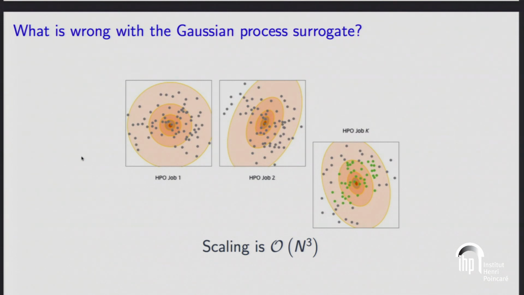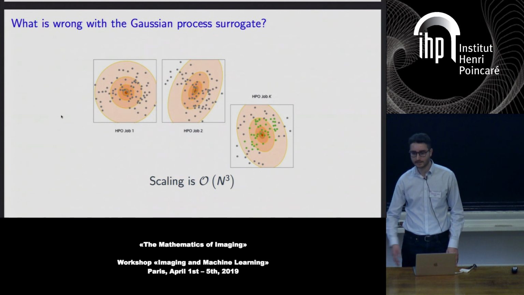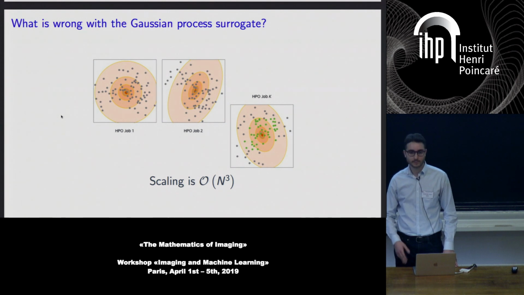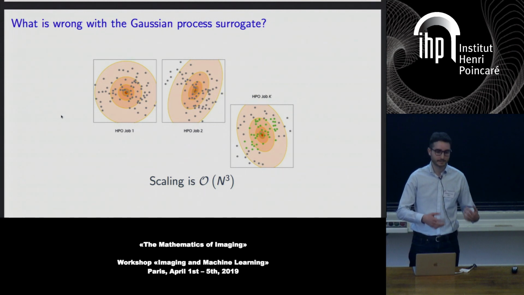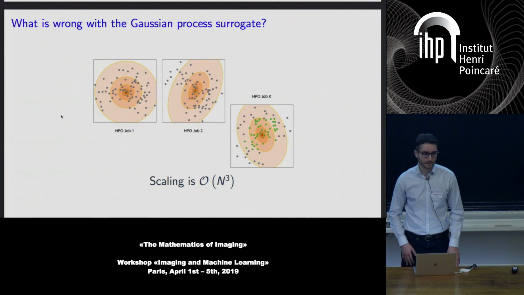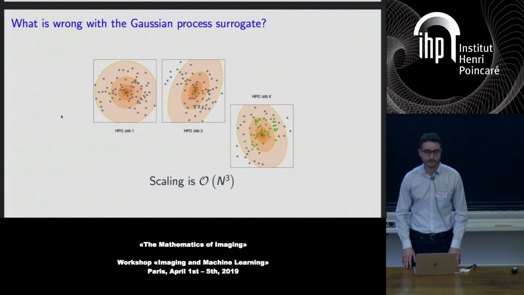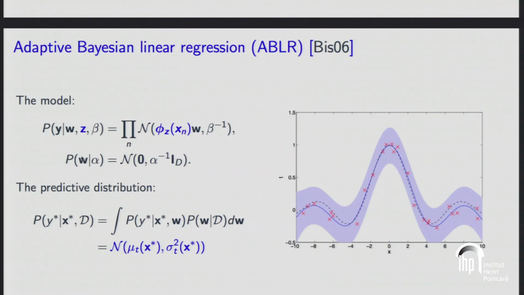But what is the problem with Gaussian process? The problem is that it doesn't scale well with the number of observations n. So when n, your number of candidates so far, is very large, then you have a cubical scaling in n. So it's not really straightforward, feasible to fit a Gaussian process if you have a huge amount of previously evaluated hyperparameters. So we need to move away from Gaussian processes to have something that scales better than n to the third. And this is why in this work we propose falling back to a simpler model, which is ABLR, Adaptive